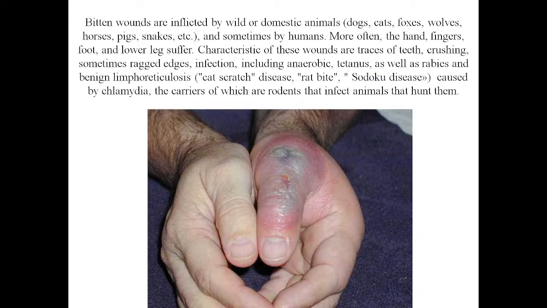The next type of wounds is bite wounds. Bite wounds are inflicted by wild or domestic animals, for example dogs, cats, foxes, wolves, horses, pigs, snakes, and sometimes humans. More often, the hands, fingers, foot, and lower leg suffer. Characteristic of these wounds are traces of teeth,